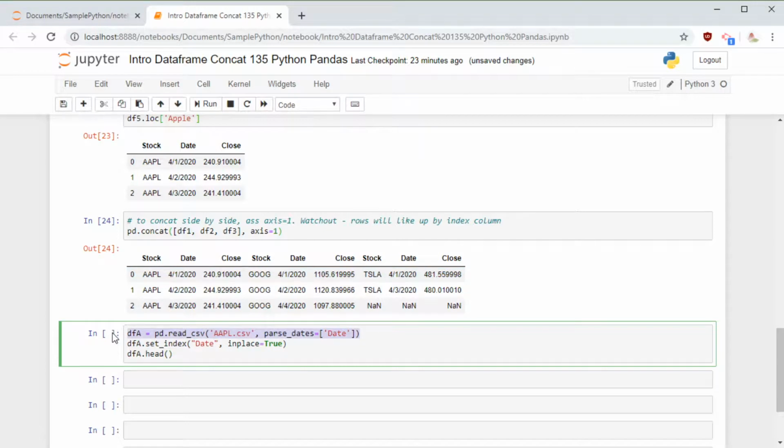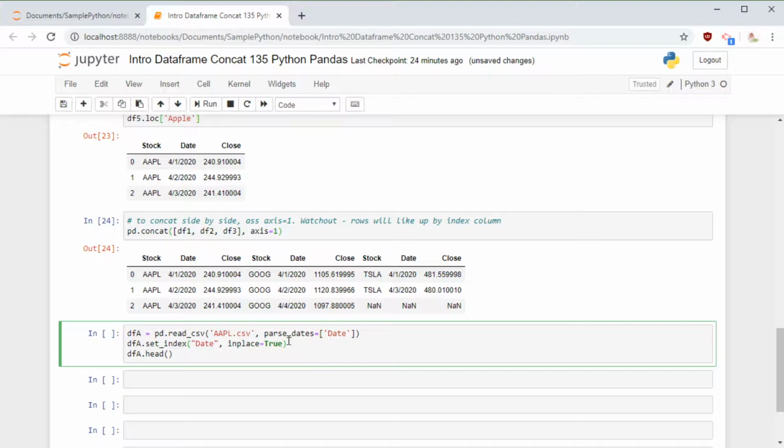After I convert that into timestamp, I set the index for that particular data frame, with inplace equal to true. That means I make the change in the same data frame, so I don't create one more data frame, and then I display the top 5 records.